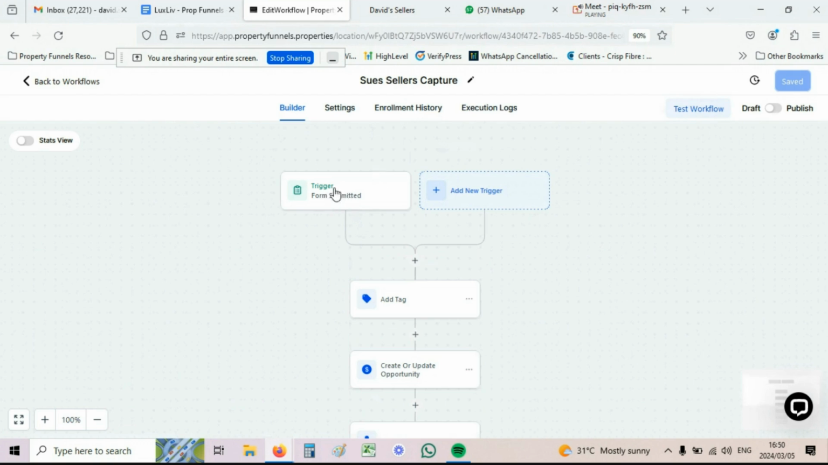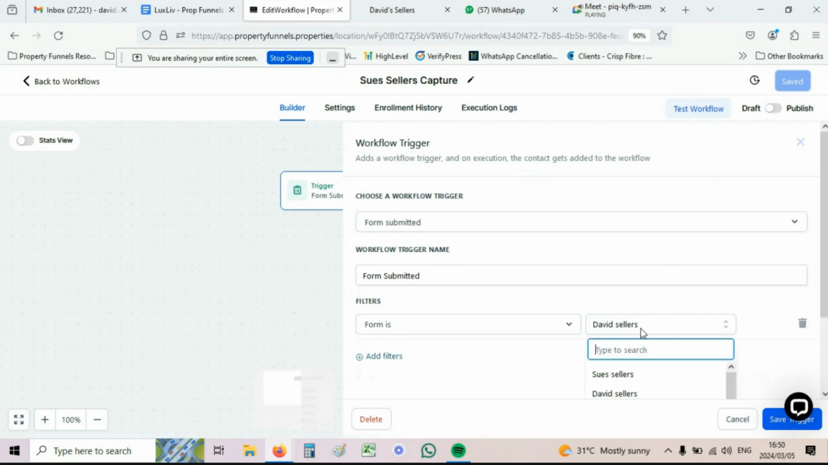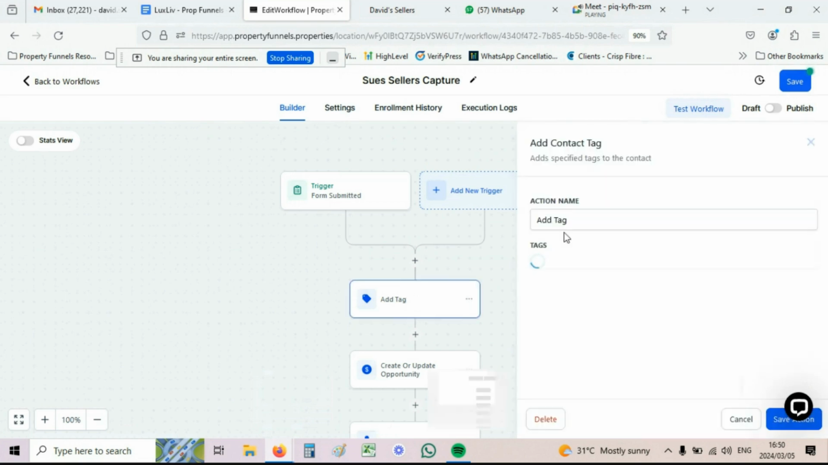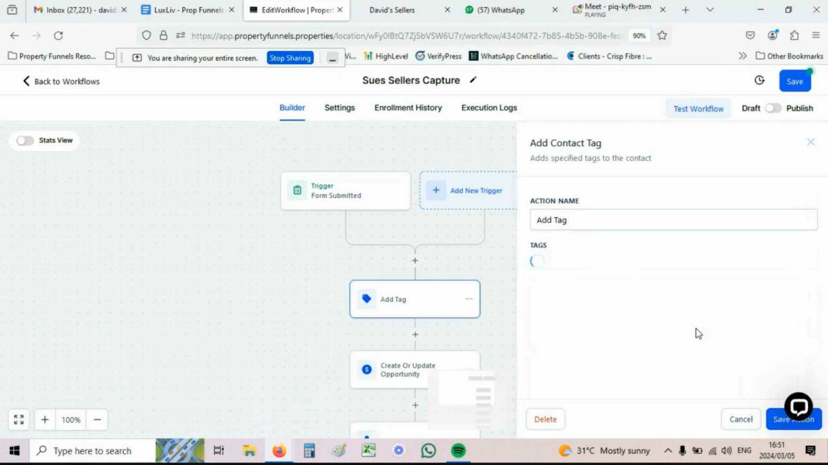So now at the top, we're going to click on form submitted. And we're going to change it from David Sellers to Sue's sellers. Save trigger. Tag. We're going to change it from David Sellers, and we're going to change it to Sue's Sellers. Add tag, save action,